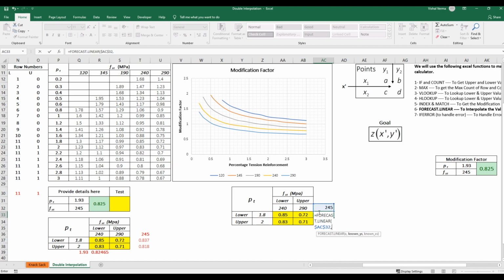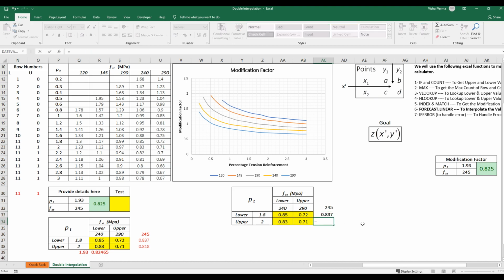What is known y's? This is our known y's. And what is our known x's? This is our known x's. Okay, so 0.837.